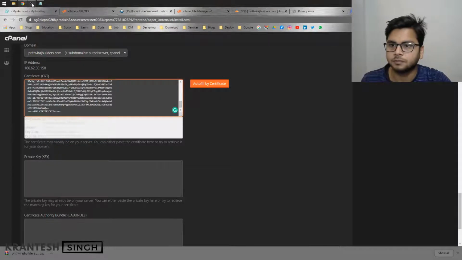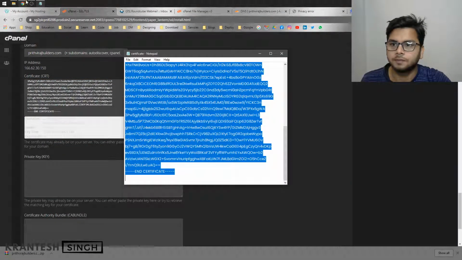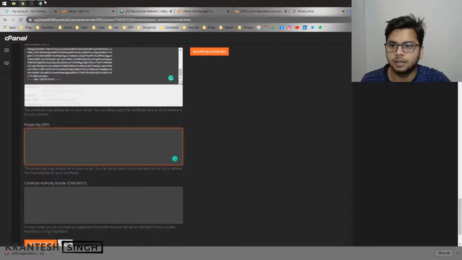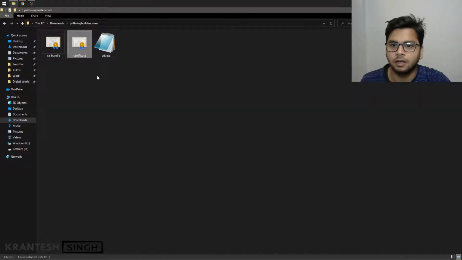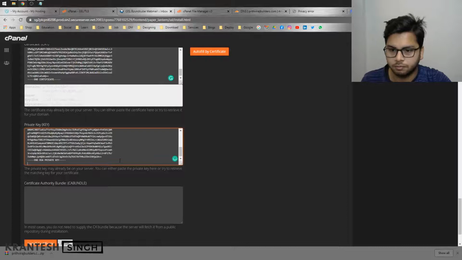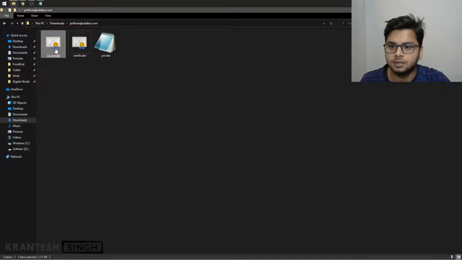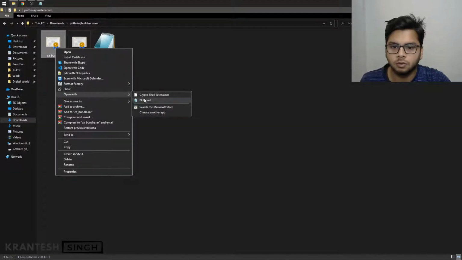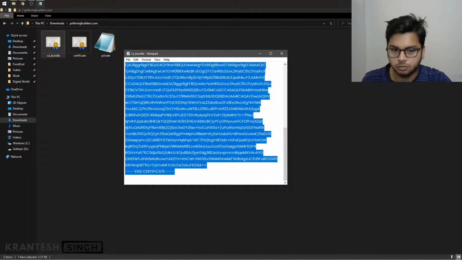Now the second thing they are asking for is a private key. It will open with Notepad, and it will go with the private key, and then you have to install a CA bundle. So open with Notepad and do it.